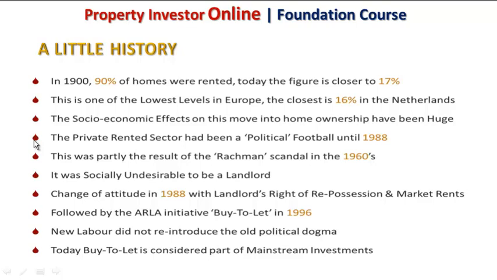But people did not get involved in the private rented sector to any great extent until around 1988. This was also partly the result of the Rachman scandal in the early 60s. Rachman was a man who bought tenanted properties in Notting Hill very cheaply because they were tenanted with basically lifetime tenants. And he then set about obtaining vacant possession by fair means or foul, more often foul. And as a result, he evicted people, he harassed people,